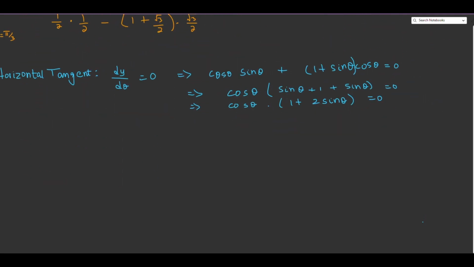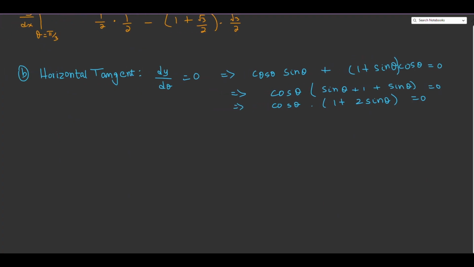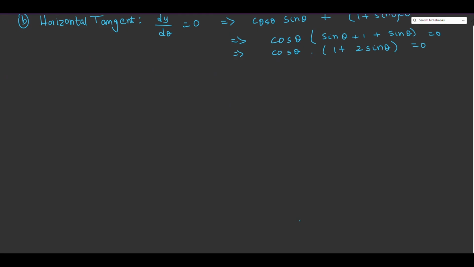We know that the product of two numbers is equal to 0, then one of them has to be equal to 0. So from the first one, that implies cosine theta equals 0, or 1 plus 2 sine of theta